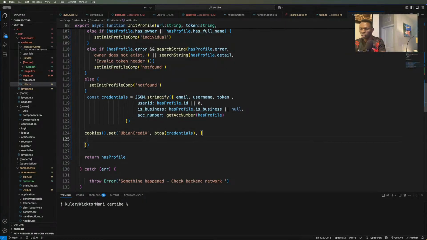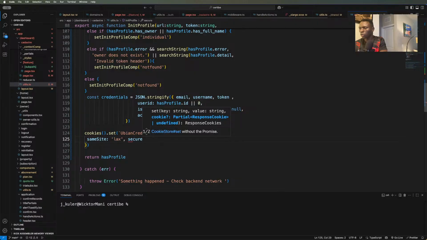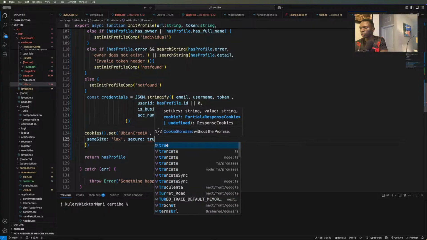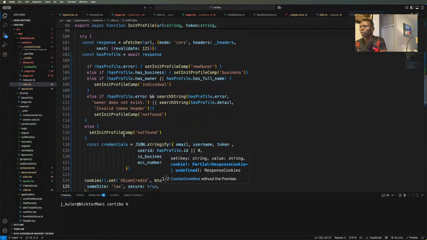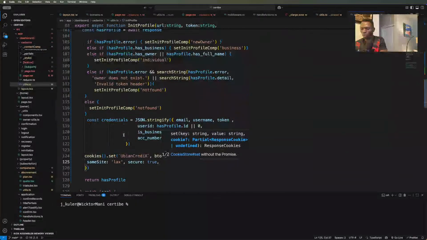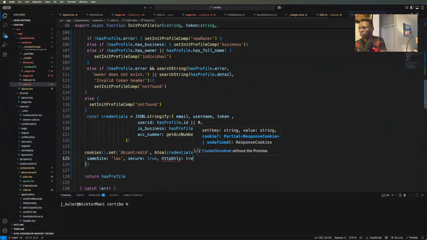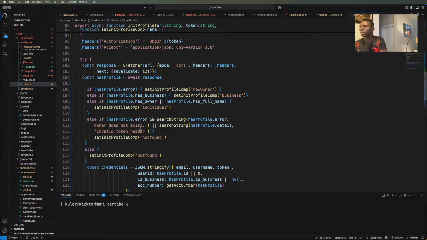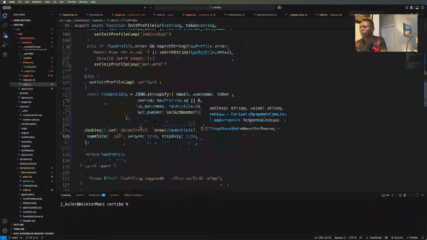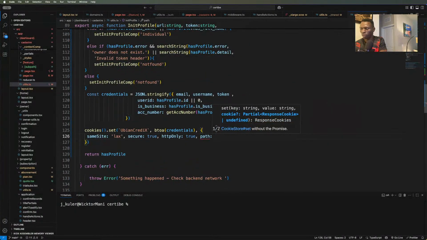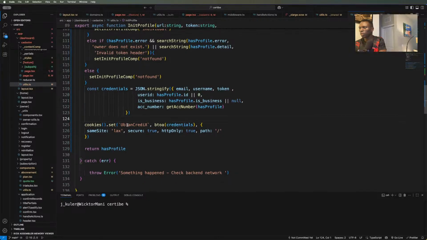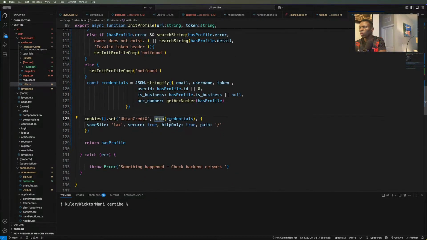So we're going to say same site lax, secure true, HTTP only true, what is path. Okay, so